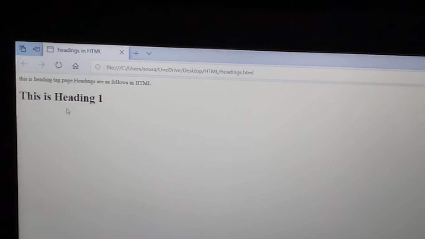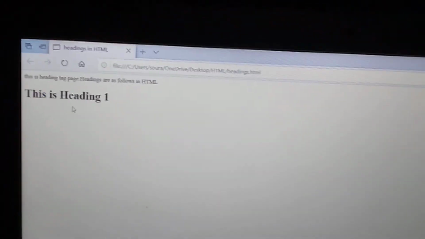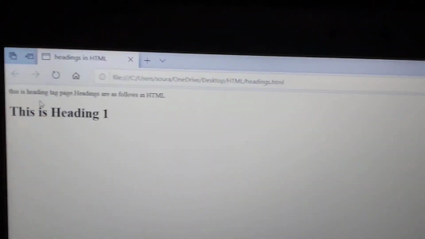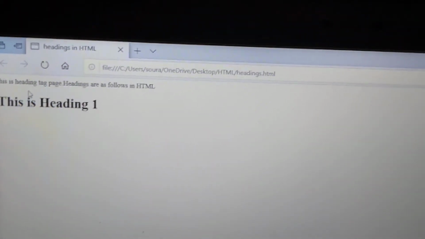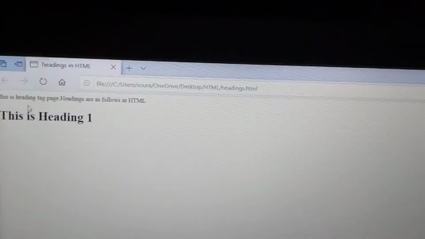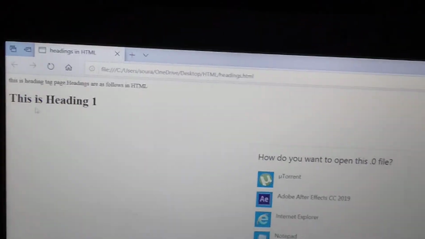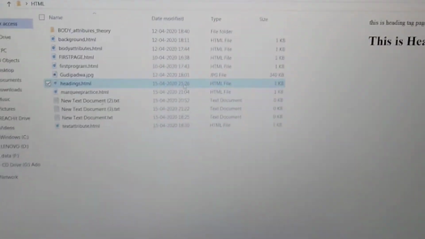So heading 1 takes this much space, and headings always come in bold, and the normal text which I wrote, this is heading tag page. Headings are as follows in HTML, comes in normal text. So this is the H1 heading. I again come back, I just minimize it first. Again I go to the notepad file which is on the taskbar.